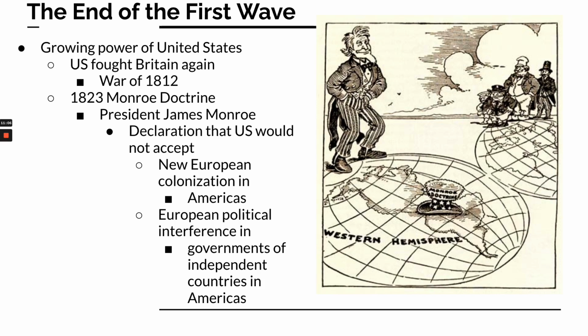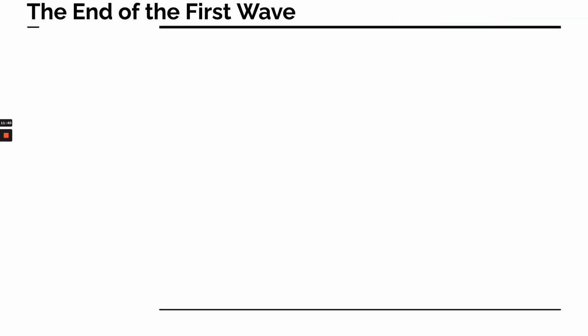And there are oodles of cartoons about the Monroe Doctrine, right? But this is it. Uncle Sam is throwing his hat on the Western Hemisphere, and we've got the Europeans, represented by those cartoonish characters, looking at it, and Uncle Sam is saying, "Stay out." This is now off limits, and the U.S. would protect it. And over time, when you get to U.S. history next year, you will see examples of the U.S. enforcing the Monroe Doctrine.